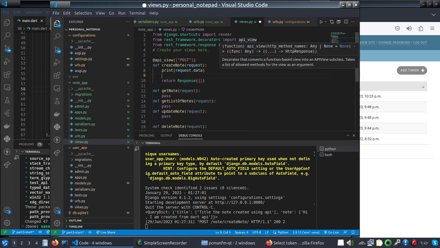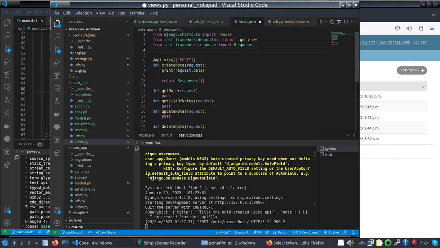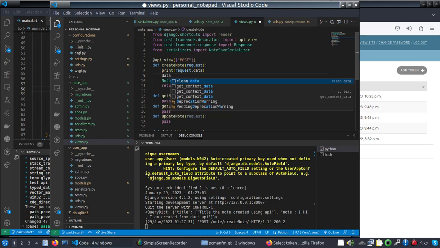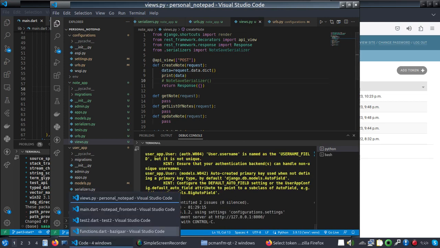Here we will import the serializer to save, from .serializers import NoteSerializer. Inside NoteSerializer we'll pass data, and to get data we'll say data equal request.data.dict. It will convert it to a dictionary. I hope so, I am not sure. I will again request from Dart to see the result,